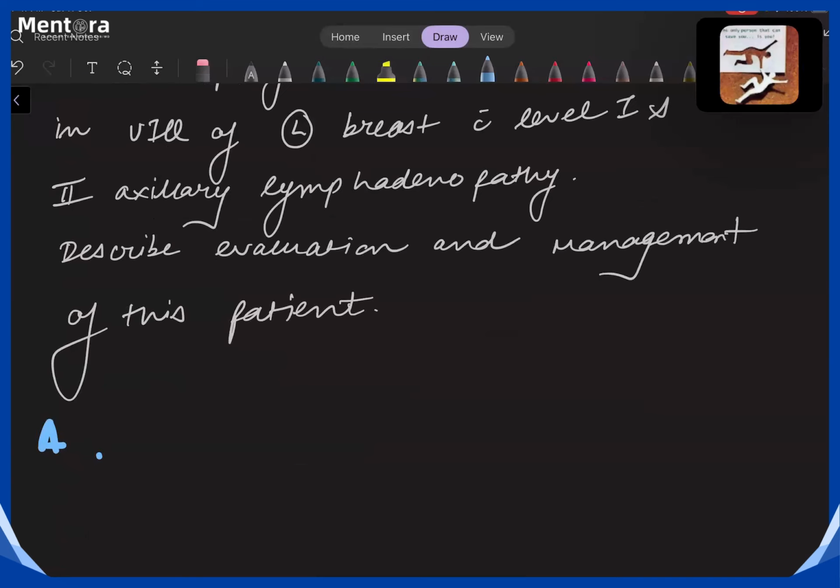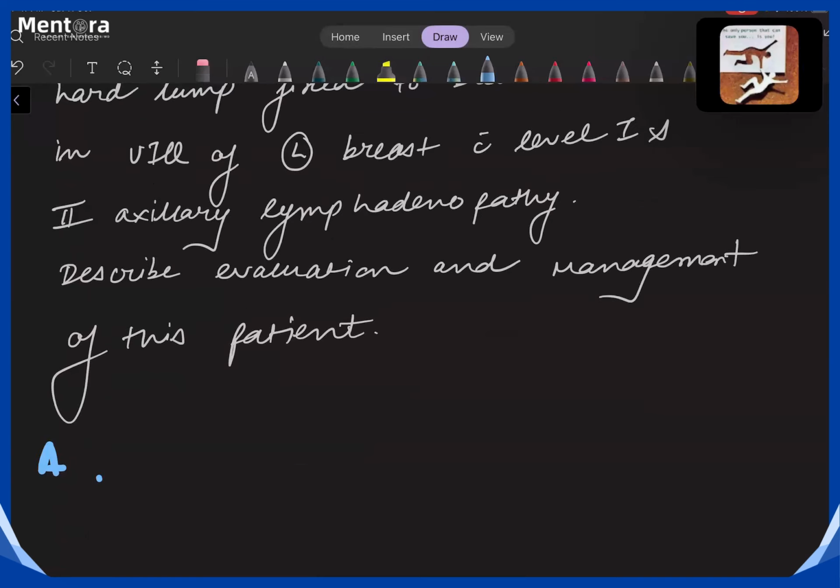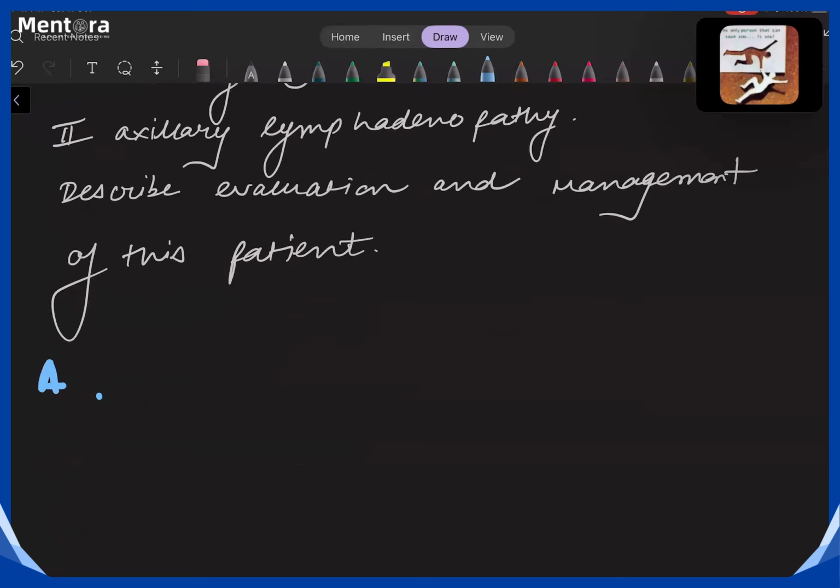So, we should remember that such kind of clinical question should be framed in 4 parts. First would be reaching up to a diagnosis. Second would be workup for that patient. The third part should include the treatment, and the fourth important part should be the follow-up and surveillance. So, starting with the first part,